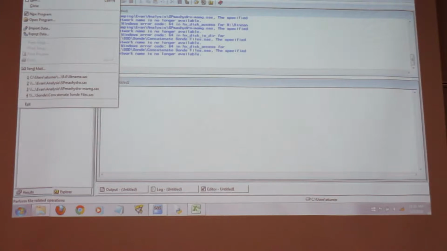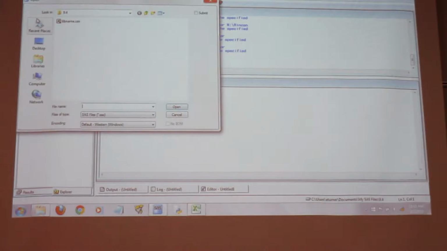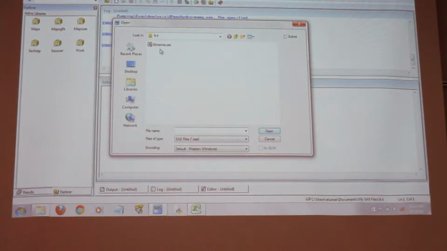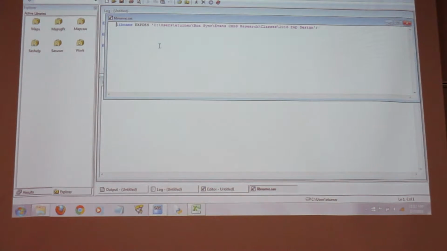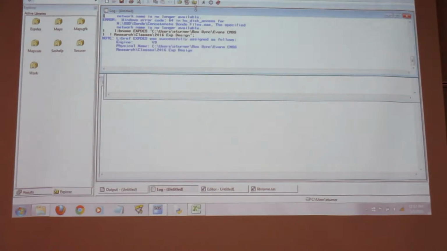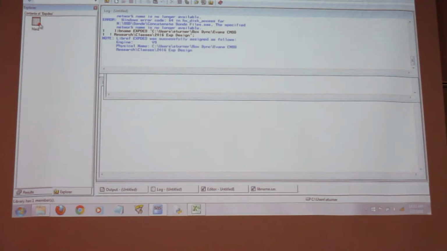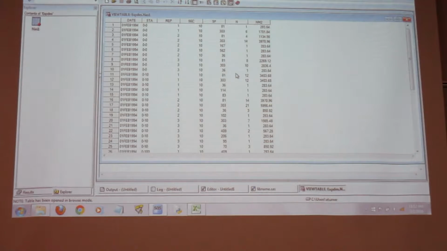But I saved it in this program, that's my libname folder, so that will let SAS know where that file is. I run that, and now I have this folder. And here's the data set. Okay. So we've all got to that point, right? Is there anybody that really hasn't got to that? Okay. All right. So now we've got it in SAS.